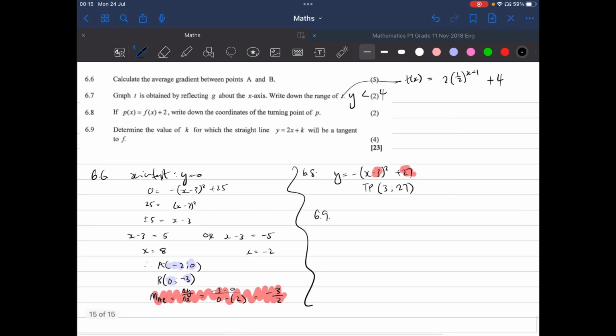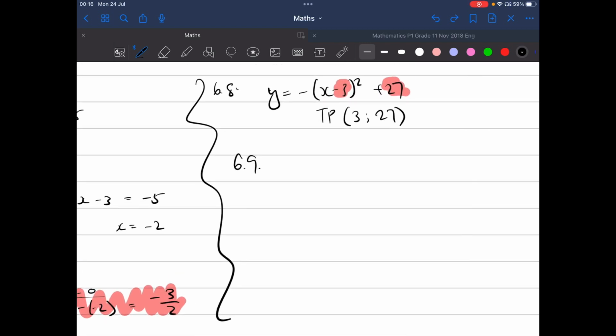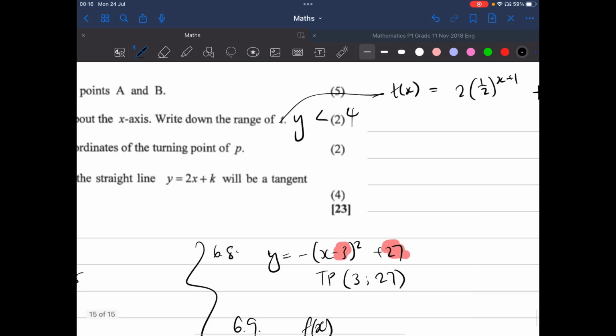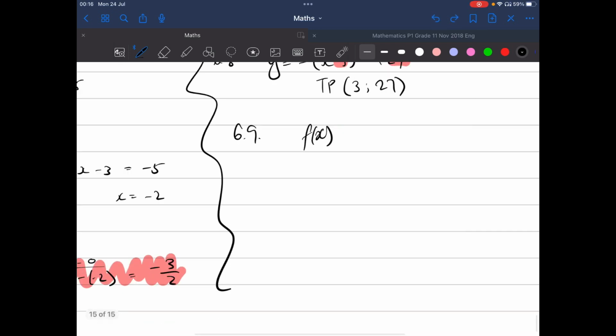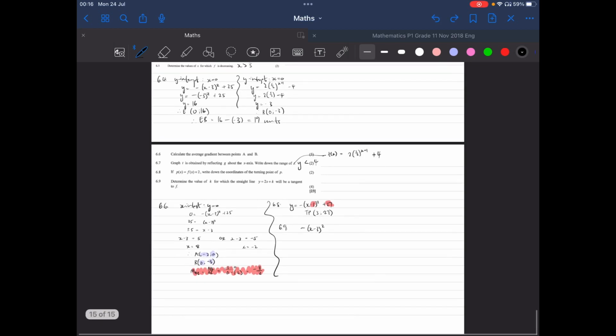Okay, 6.9, determine the value of k for which the straight line y equals 2x plus k will be a tangent to f. So remember, a tangent is any line that cuts the graph at exactly one point. It does touch the graph, but only at one point. So that means at some point they are equal to each other. So we can start off by equating f of x to that line. So what is f of x? F of x is minus x minus 3 squared plus 25,